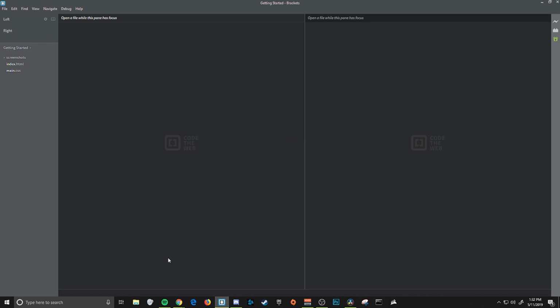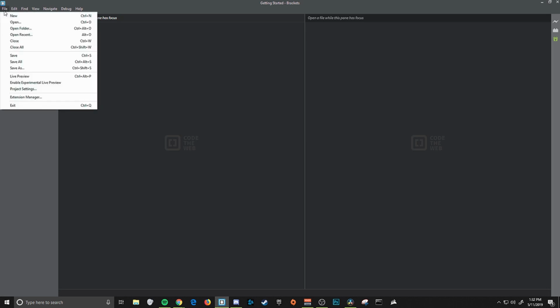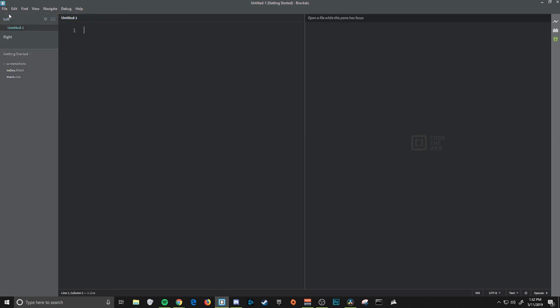In the top left, you'll see what's called the horizontal menu. You're going to want to select File, New. What this does is it creates an unnamed, no type file in your Brackets. After that, you want to click File,